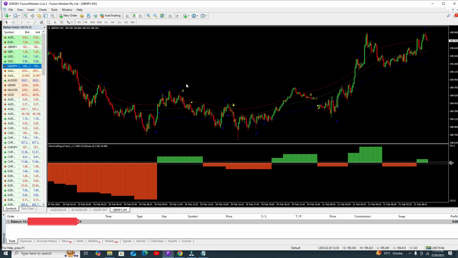Here you can see this is the arrow signal. When you get the arrow signal, you need to go for the sell trade, and when the candle touches the lower band line, you need to close your trade. That's very important. Here you got the buy signal, but wait, where is the candle? The candle is not touching the lower band line. It is almost touching the upper band line, so we are not interested in this buy trade.